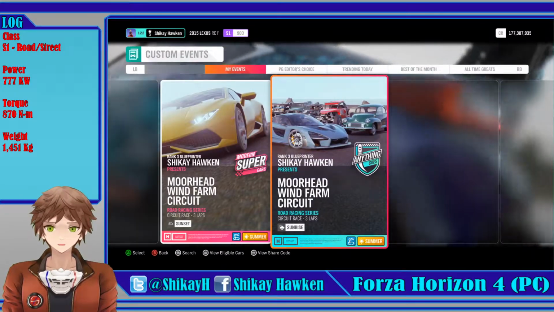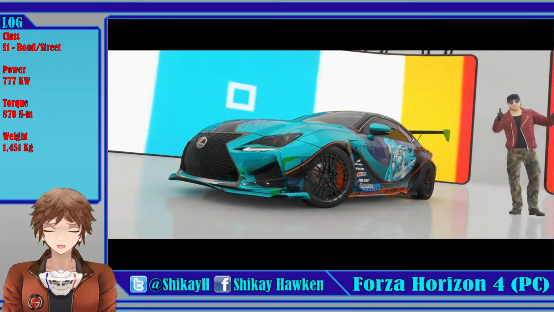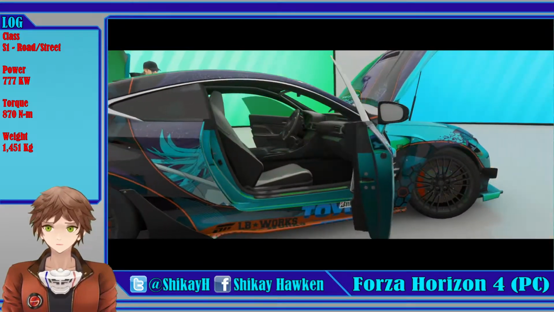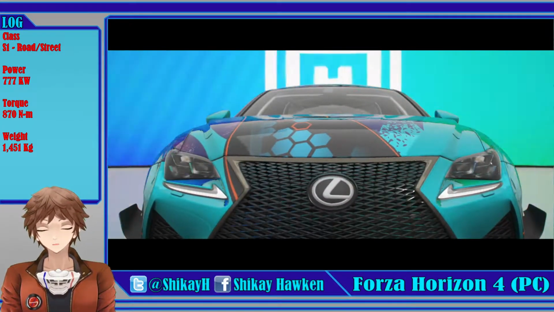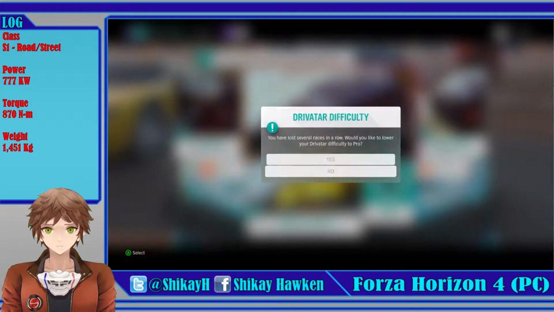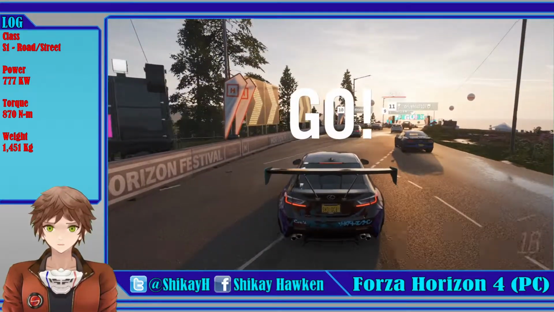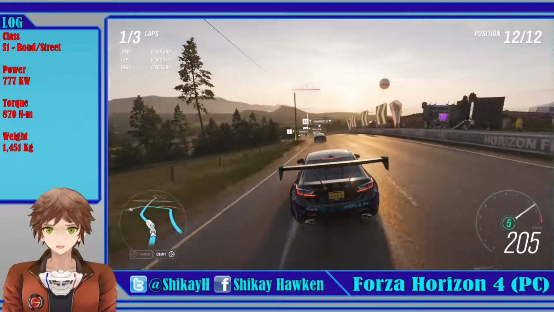Let's see. Custom event, summer. Yes, anything goes. Yeah, this counts as a super saloon for some reason. I don't understand. A saloon is supposed to be a 4-door, not 2. Anyway, let's see how this one turns out, on a dry track. Let's see if it slides out a lot. Just making sure this car is not as bad as I'm thinking. Alright, dry track, somewhat. I mean, it's a bit wet, but...